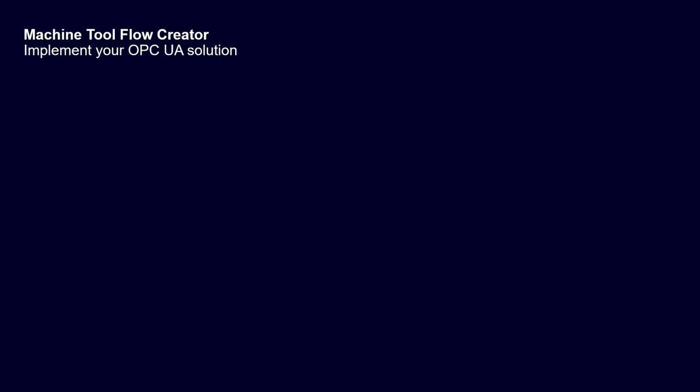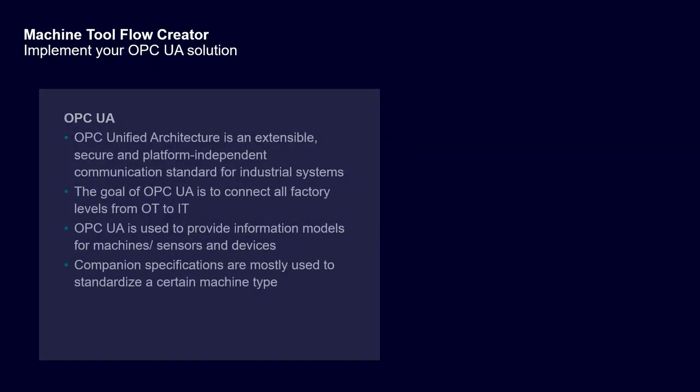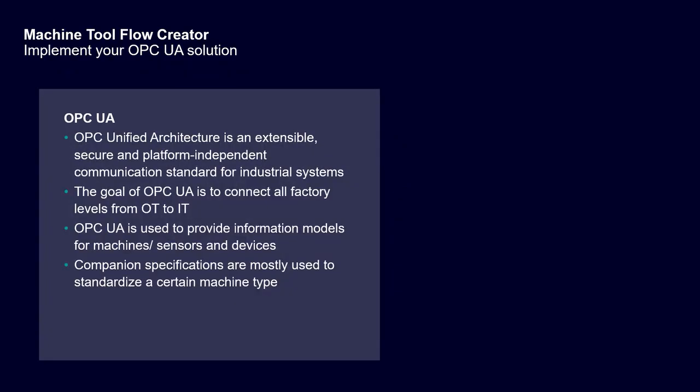Let's do a short recap on OPC UA. OPC Unified Architecture is an extensible and open communication standard which is mostly used for industrial systems, and the goal is to connect the OT world with the IT world, so to connect the sensor level to the IT systems of the company. And OPC UA is used to provide information models which contain different variables from machines, sensors and